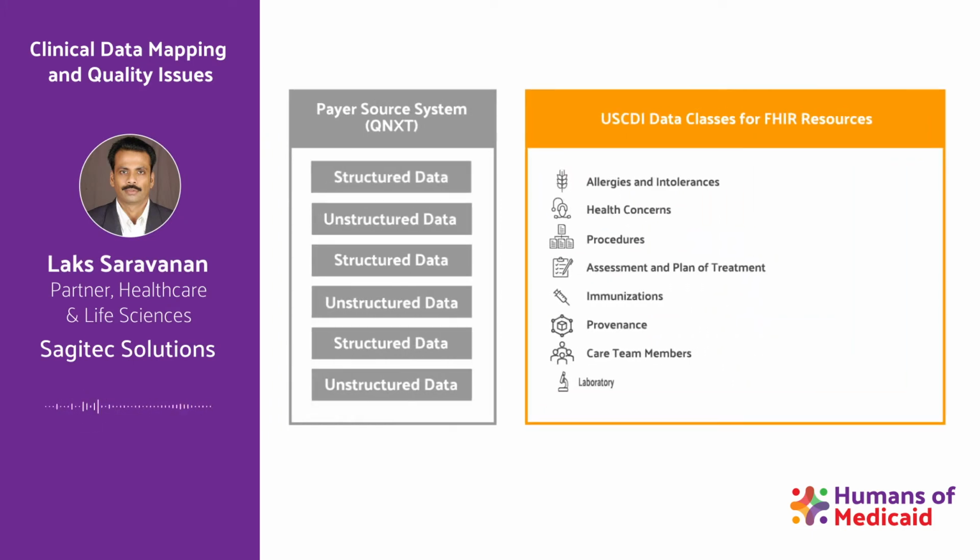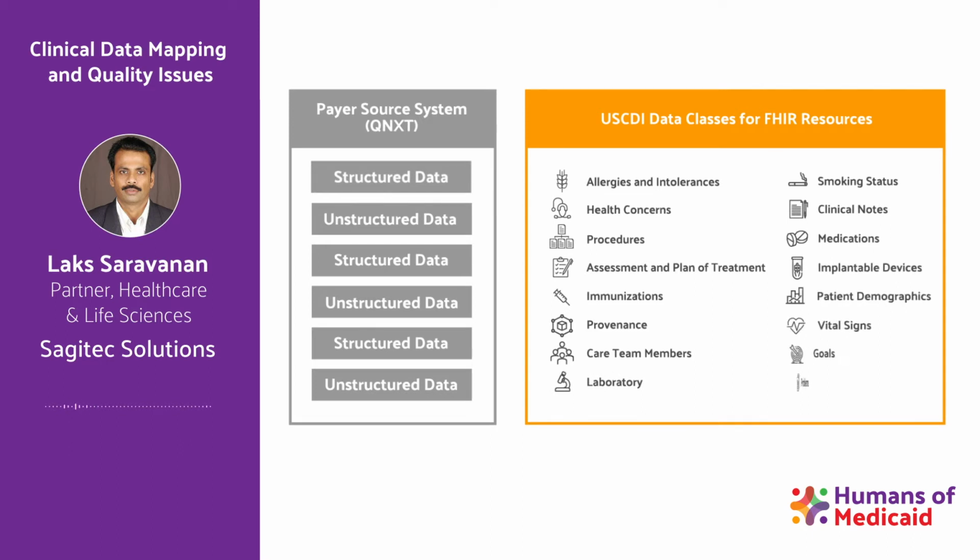The way the mandate looks at this is USCDI, which is the US Core Data for Interoperability data classes. That's how they qualify this clinical data. There are about 27 different types of clinical data that are in scope for this mandate. The way these clinical data are represented, the logical definitions, are available in the USCDI format. So eventually, from a patient access API perspective, the mandate looks at these 27 different types of clinical data to be mapped to the target